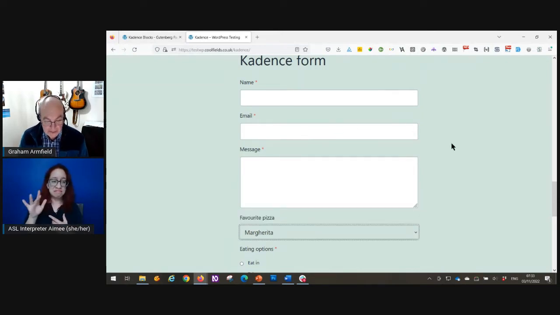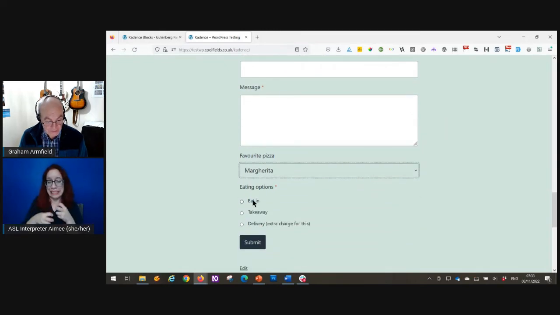The only slight problem here is these radio buttons. They're very, very tiny. They're almost tinier than perhaps the native ones. I'm not quite sure how that's done, but they're very, very small. They work okay, except for the fact that, like the other form I showed you before, these are not contained in a field set or with a legend.